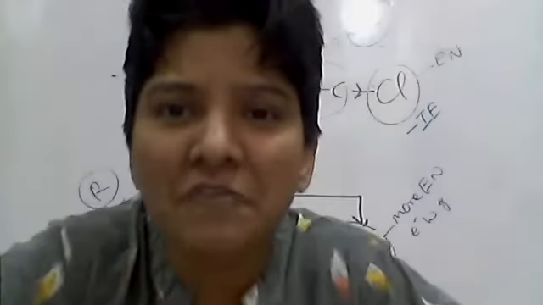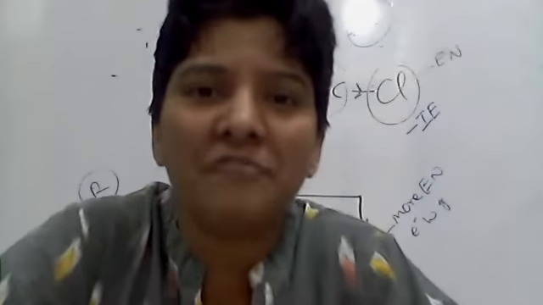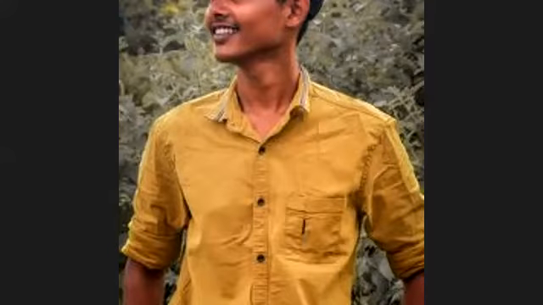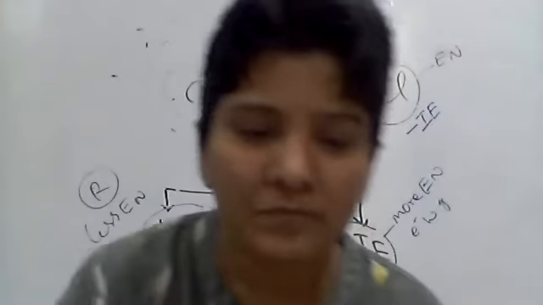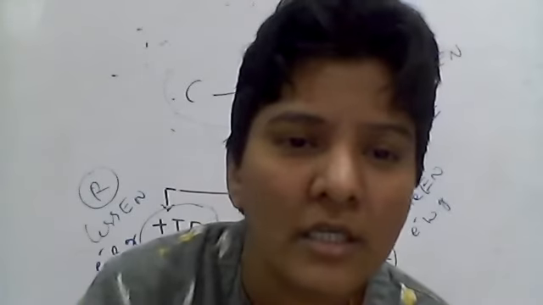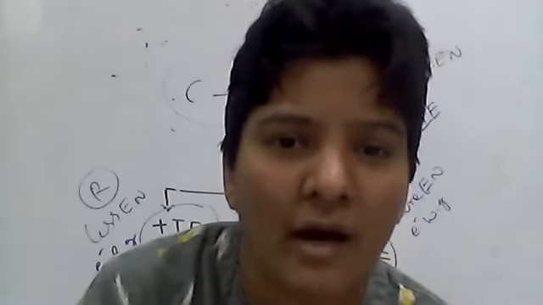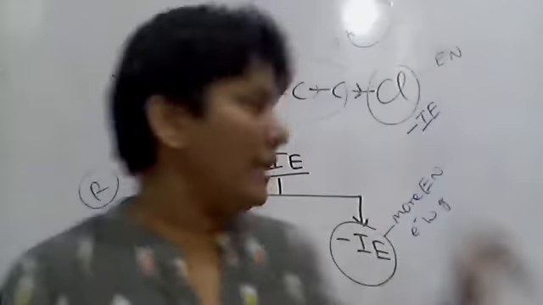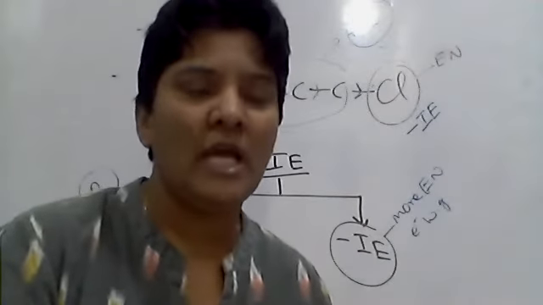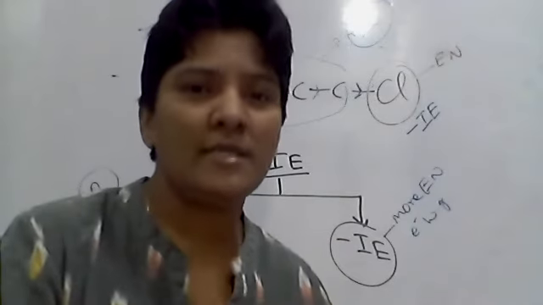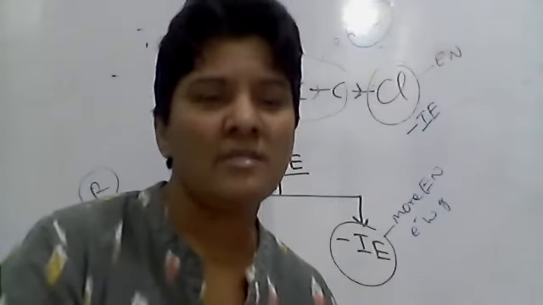Okay. So how many types of inductive effects are there? Plus I effect and minus I effect. Plus I effect is shown by electron releasing groups. The electron releasing groups produce negative charge in the carbon moiety, and minus I groups, being electronegative, withdraw the electron from the carbon chain. They produce positive charge in the carbon moiety. Based on this, we are going to discuss the stability of carbocations, acidic nature and basic nature of organic compounds. Okay.